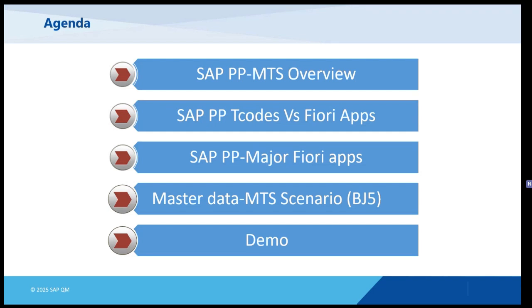So the agenda for today is I'm going to walk through the SAP production planning make to stock overview. First of all, what is the scenario? What is the planning strategy? What are the master data we are going to use? Then, once I give a brief about that, we are also going to talk about the SAP transaction codes, where they will be replaced by the Fiori apps, and where some new Fiori apps will also be shown,